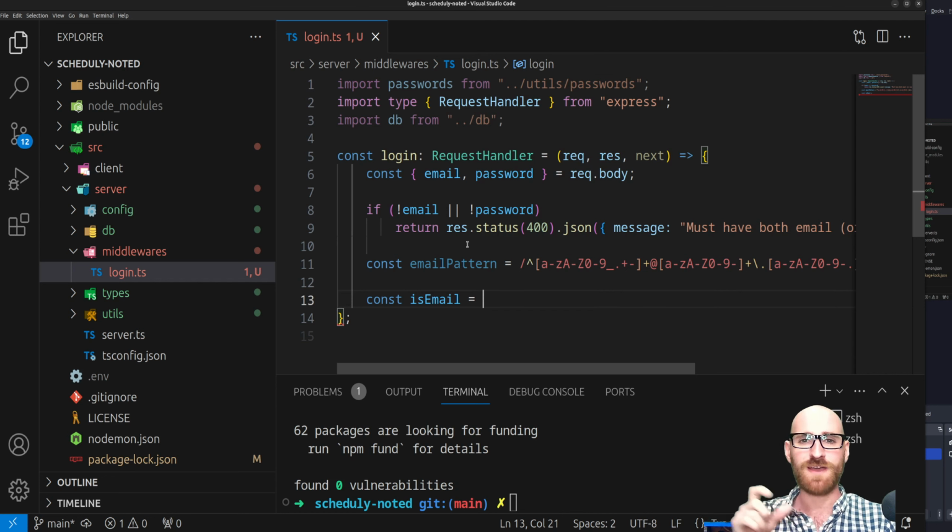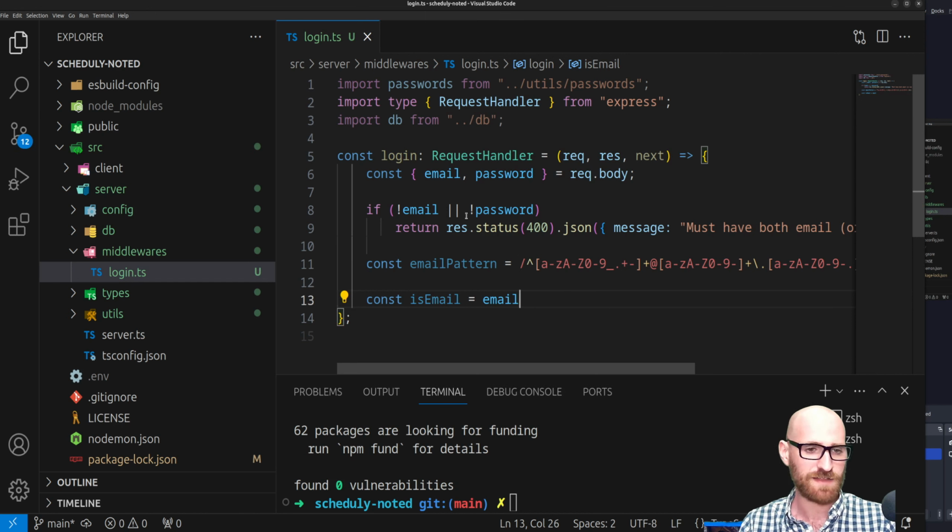And if there are no matches, it returns null, which is great because you don't necessarily have to care about the returned data. You just have to know if it's truthy or falsy. If you do get data back in that array, it means it matched your pattern, and therefore it is an email. Otherwise, if you get null back, null is falsy, so isEmail would be a falsy value. So you can just use that in an if statement. So I can say isEmail is equal to email.match